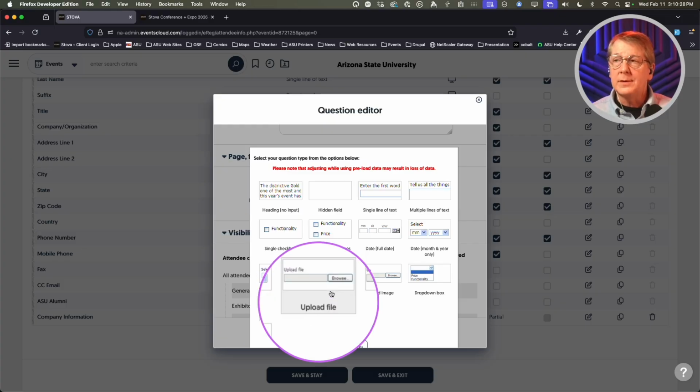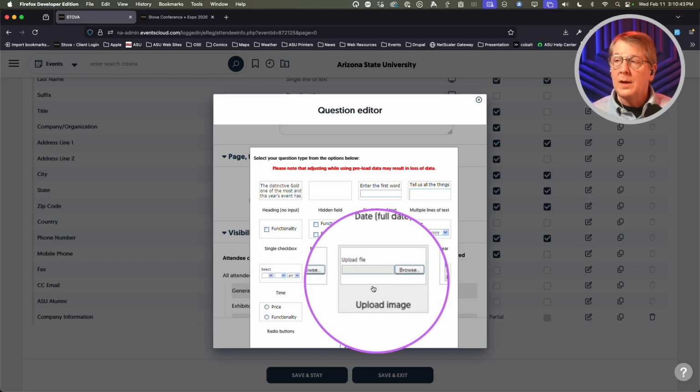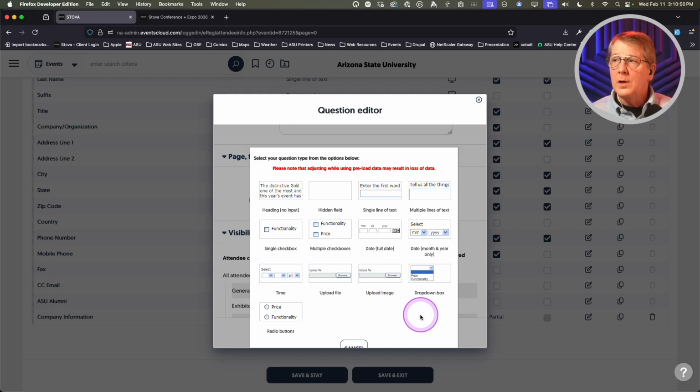Maybe you're making an appointment. Upload files. So perhaps you need to get some forms from your applicants and you've sent them ahead of time and you have them sign electronically. You have a way to collect those forms using the upload file feature here. And I'm going to use this for my logos, upload image. You also have a drop-down menu and a radio button. So if you have multiple options, but they must select only one, that's what you would use a drop-down or